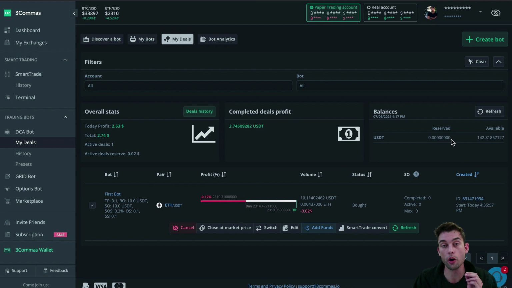The reserved section only tracks usage by active bot deals. So once we get into the next video and we start talking about safety orders, that's when you'll start seeing reserved funds available. Now, down in this section, you'll see that there are many different ways to actually sort all